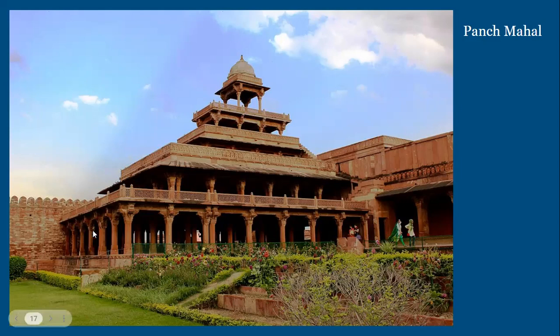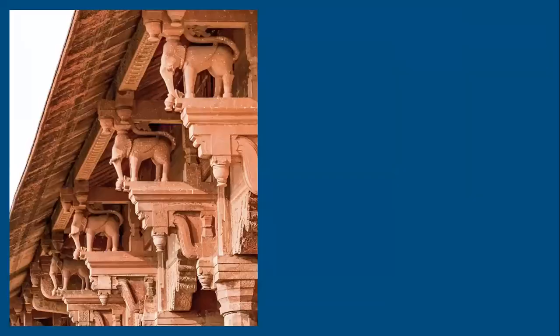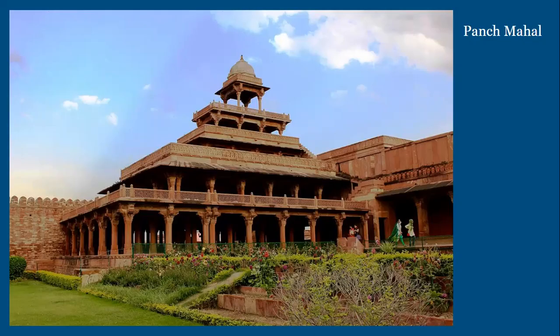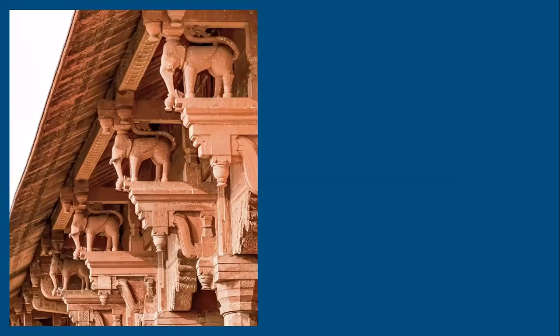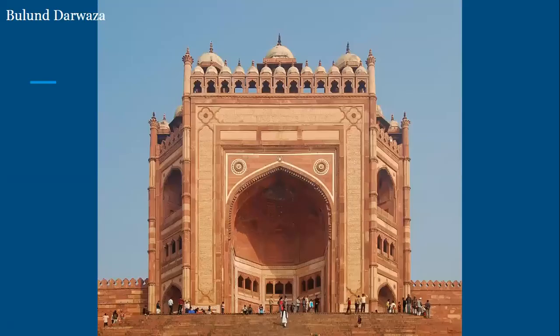So you can see over here multiple pillars are there, below there are so many pillars, and on the top again you see multiple pillars being used. So in the Panch Mahal we see the multiple pillars being used and 5 layers are there. Then we see elephants being used in the pillars. So this we do not find in the other buildings of Islamic architecture, but profoundly in Akbar's architecture.